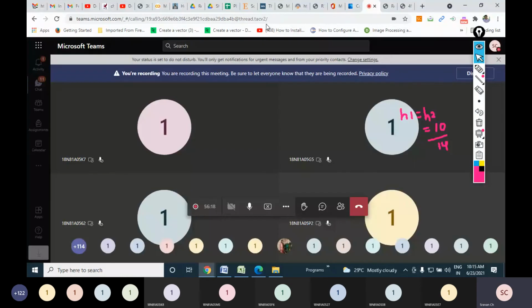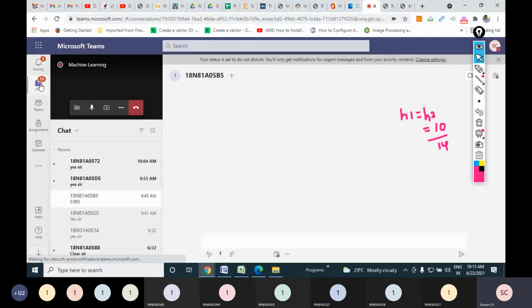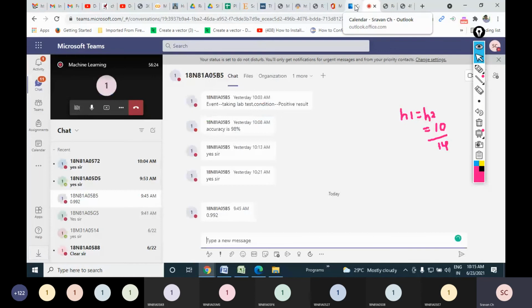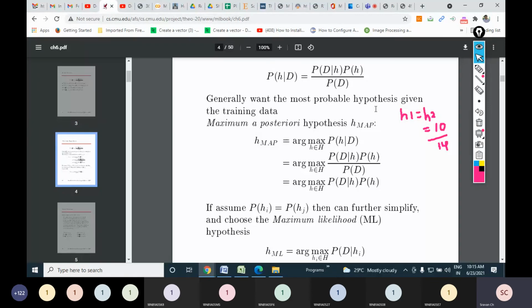So in that case, shall I go for H1 or H2? That is the point. If both are giving almost the same kind of response, then how do I pick either H1 or H2? So this is a typical question. If H1 is doing better than H2, no doubt I can pick H1. If H2 is doing better than H1, then I can pick H2, no issue. But if the percentage of accuracy of H1 and H2 are the same, then which one should I pick?